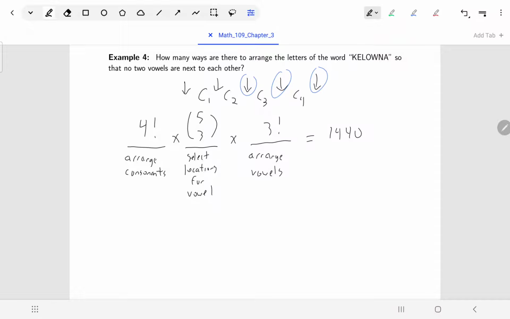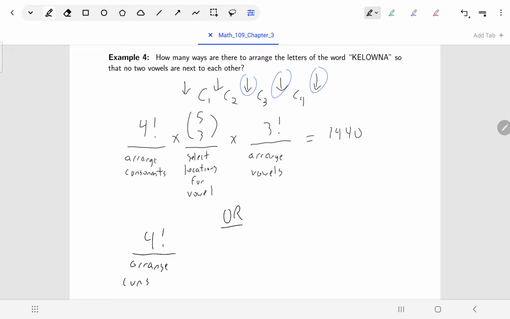I do want to point out one possible other way that you could tackle this, and this is a little bit more compact, and this is something maybe you might have thought about as you heard me mentioning the tasks, that first I'm selecting a place for 3 things, and then I'm arranging 3 things. You might have thought about the fact that those 2 things, selecting and then arranging, could have been done with a permutation. So a different option for tackling the same sort of an idea might be to first arrange our consonants,